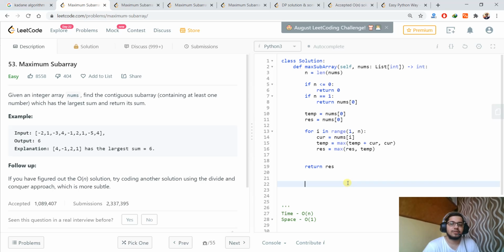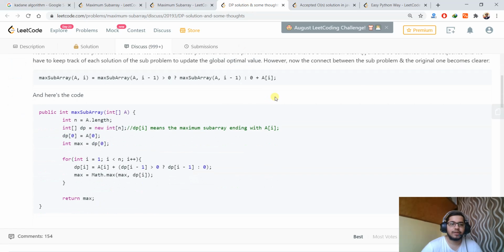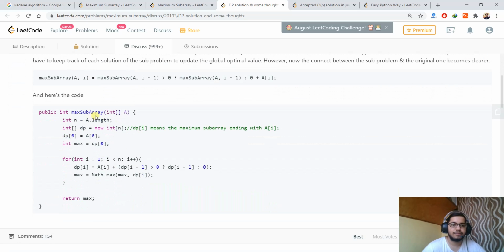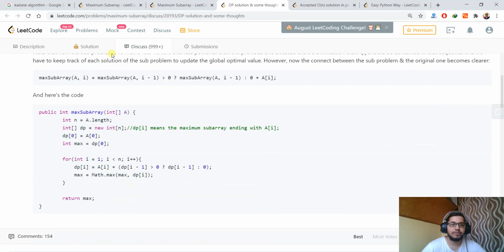So this is the solution for this question. Suppose we are not able to solve this question, then we can always look at the solutions in the discussion section. If we open the first three solutions, we can see they have explained the solution a little bit and then given the code.